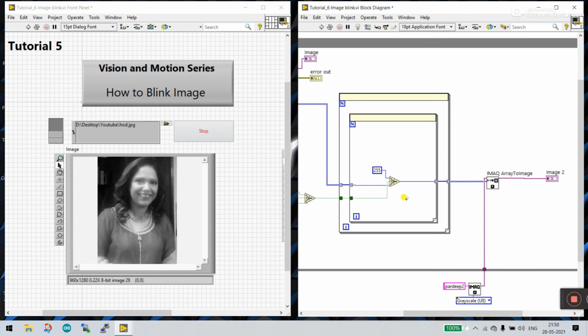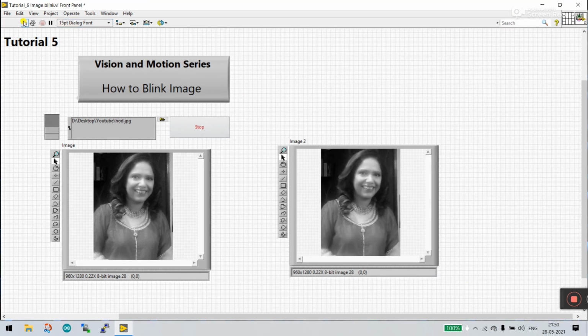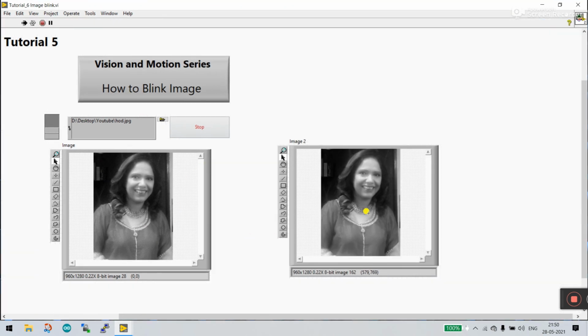After that, when the condition is true, it gives 255. 255 means more brightness, or we can say white. Everything is white. If you enter 0, then first it gives this image, and after it gives 0, and 0 means black, a black image like this. Now let's click run and it's easy to understand. Now you see black image, black image.